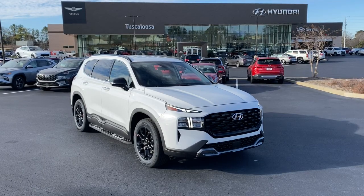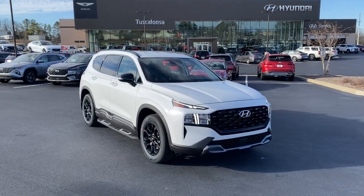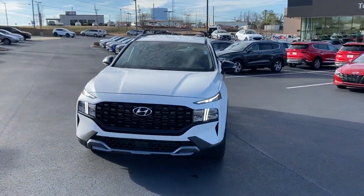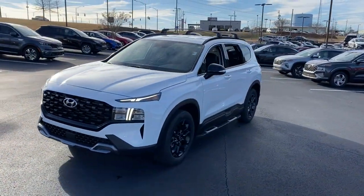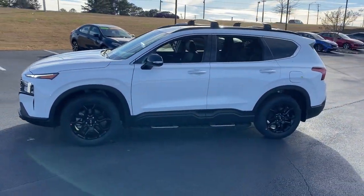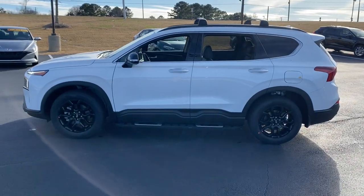Enjoy the view of this 2023 Hyundai Santa Fe. Here's a stylish, family-friendly Hyundai Santa Fe. With bold, modern looks, standard infotainment, and the latest safety features, this spacious, versatile midsize crossover infuses every drive with